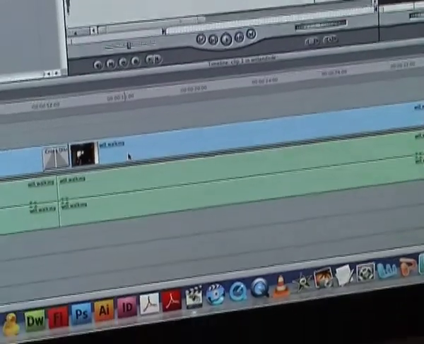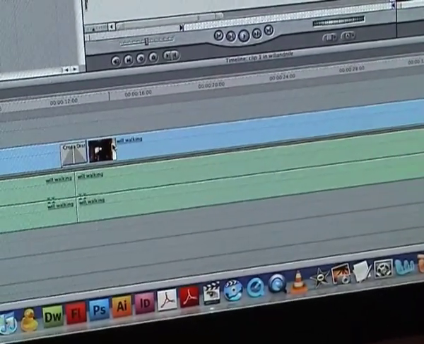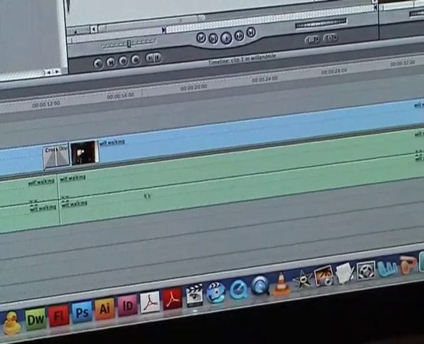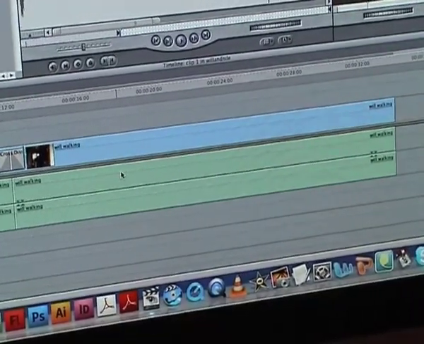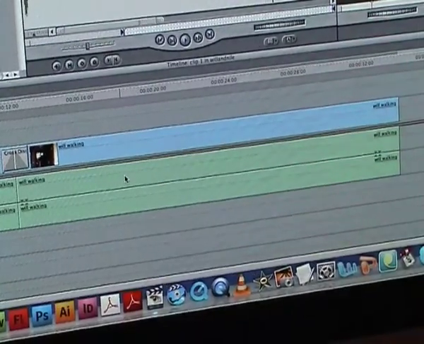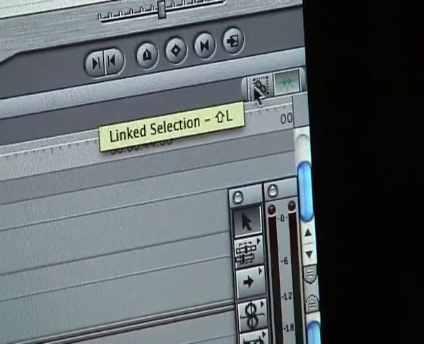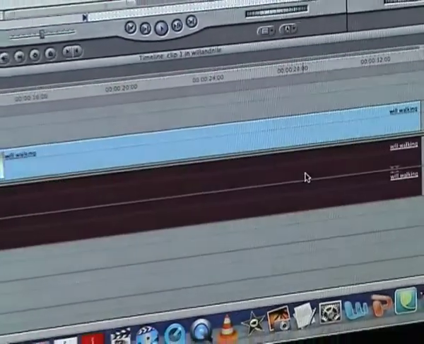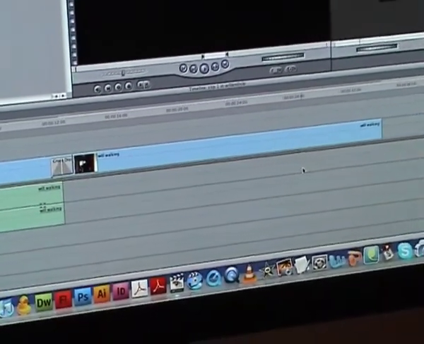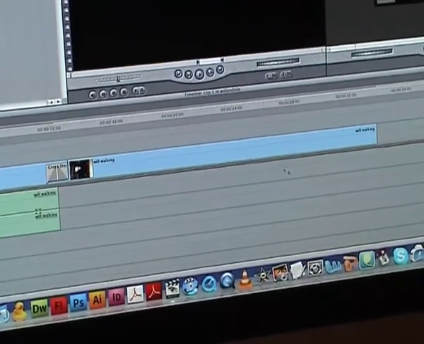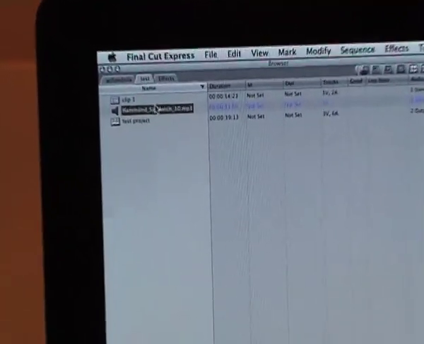Now then, that's video out of the way, so we're going to be concentrating on audio. So the audio is the green bar here, but I don't like this, I want to add in a music track. So to do this, I go over to this button on the right here, linked selection, I click it. Now this way I can separately tamper with the music. So I click this and delete it as I don't want it. Now then, to add in a music track, I've already got one at the moment on here, so I'll just drag that down quickly, and that's the usual drag and drop,